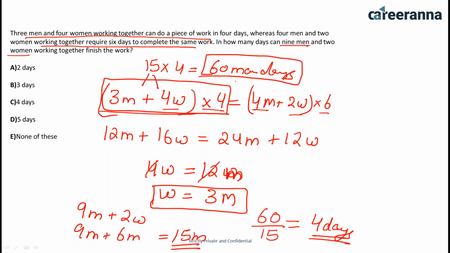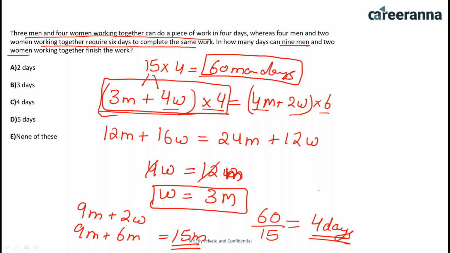So you can also make an equation for this type of question, or you can solve it like this. Yes, you can also solve it like this. It's up to you. But finding the ratio is very simple in this type of question, because in some questions, sometimes they directly ask you what is the ratio between men and women. So you don't have to make the equation and then solve for M or W. You can directly solve by this method, because we are using Mendele's concept, that is, the work is going to be equal in both situations that are already given in this question.